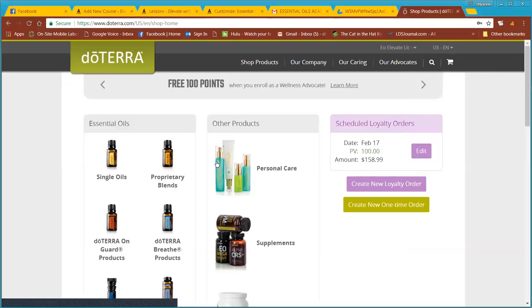Select the date you'd like your products to ship each month, and this date can be changed anytime, as well as the items that you put in your order. Okay, so now that you're ready to shop, you have a few different ways to go about things. You can wander through the store. For example, I'm going to click on single oils,